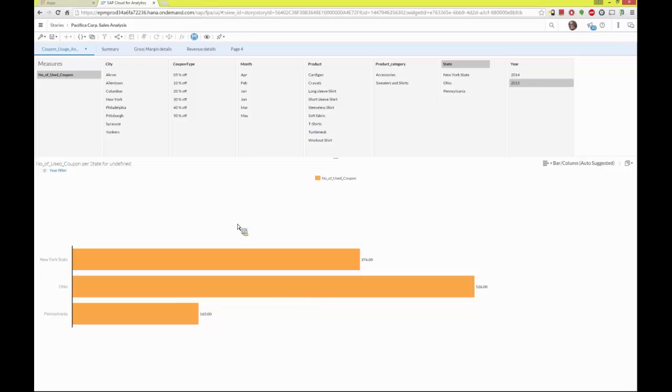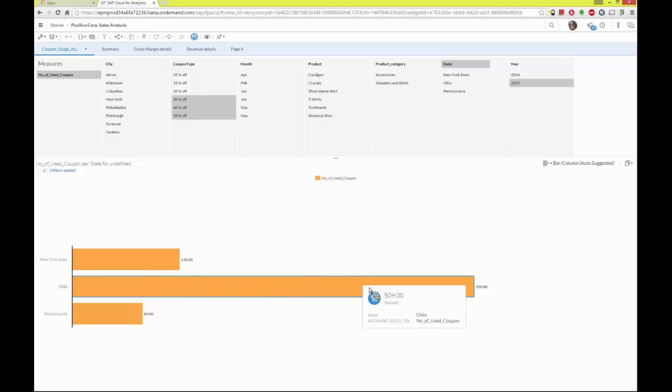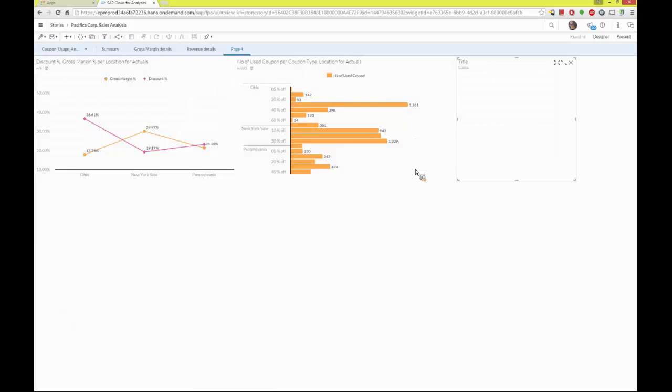So I can choose my dimensions. I can filter on specific dimensions as well. Let's focus on 2015, for example. So Ohio really starts to come out here and show its colors in terms of the amount of coupons being used. Let's also look at some of the more extreme discounts being used and see if Ohio is particularly culpable in this area as well. And indeed, we see that it is. Ohio is way out there in terms of these dramatic percentages off on the discounting that we're using. So we really need to take a closer look at this.